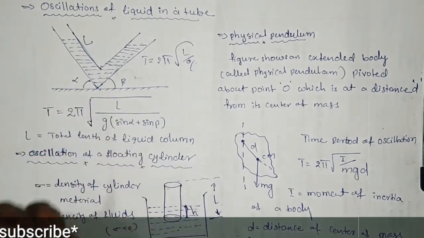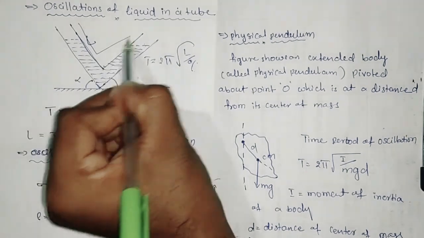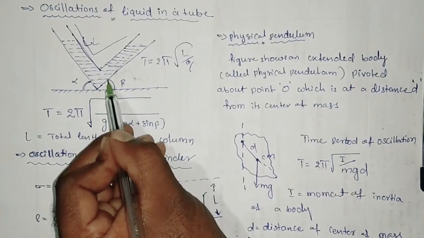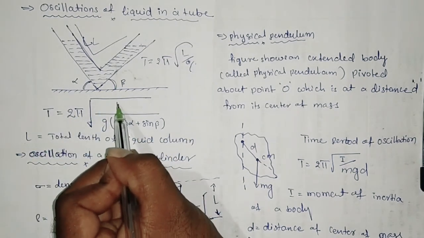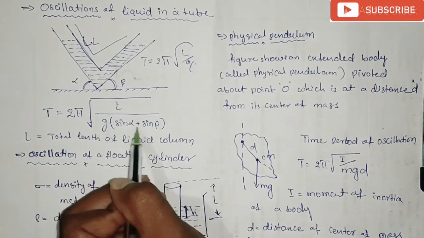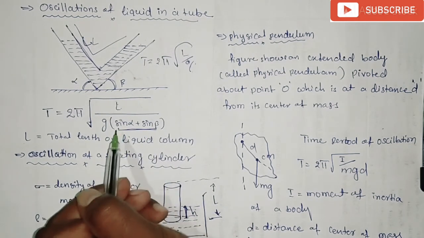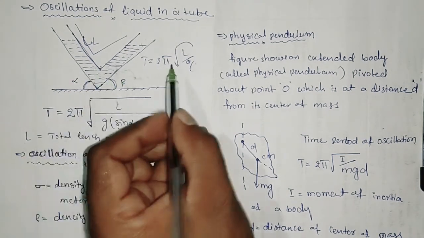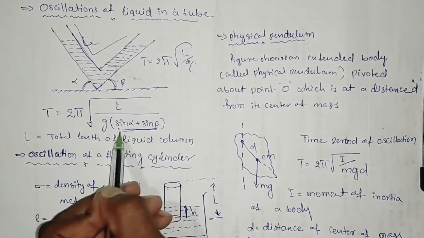The length of the tube is equal to L, with one angle alpha and a second angle beta. Now T is equal to 2 pi under root of the length of the tube, nothing but the length of the pendulum, by g. Here it depends upon sine alpha plus sine beta. Oscillations depend upon the angle. If your angle is equal to 0, there are no oscillations, because it depends upon the angles.